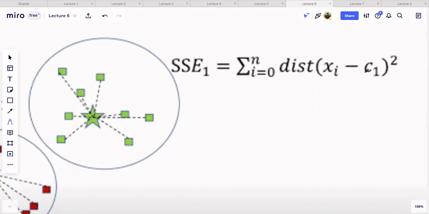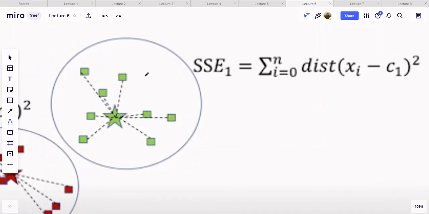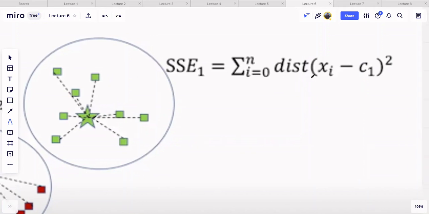Okay, so for example, if this star is a centroid, then in order to find the sum of squared error, we'll have to first basically find the distance between the centroid and all these data points, and then for each data point, we'll square that distance, and then we'll add it up. Okay, so for example,